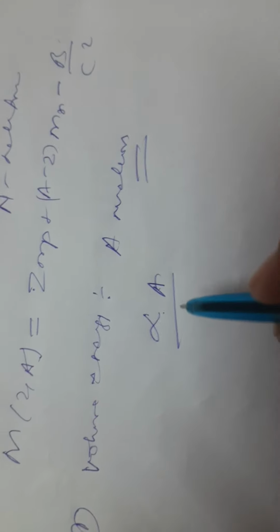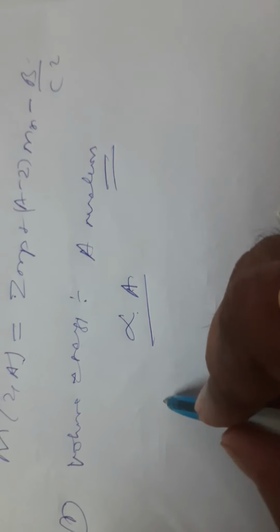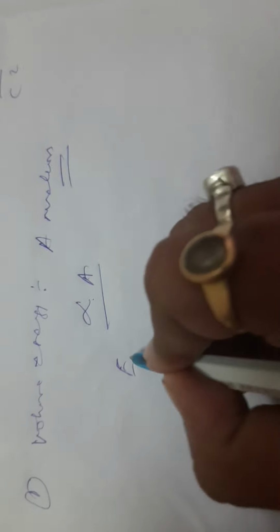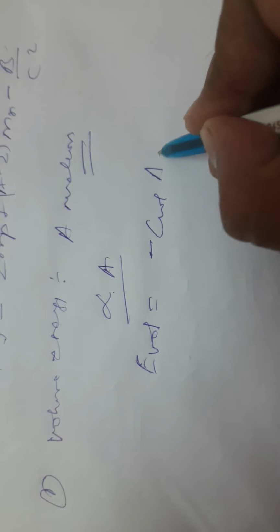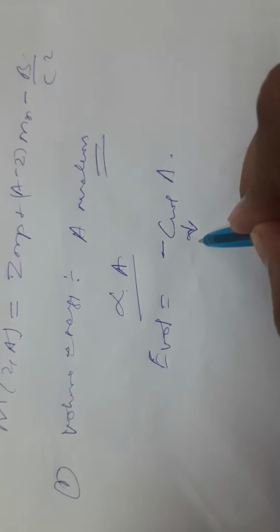Now since the volume of the nucleus is proportional to A, this term is referred to as volume energy and is denoted by E_V. E_V = −C_volume × A. Here C_volume is a constant term. Now the second term is